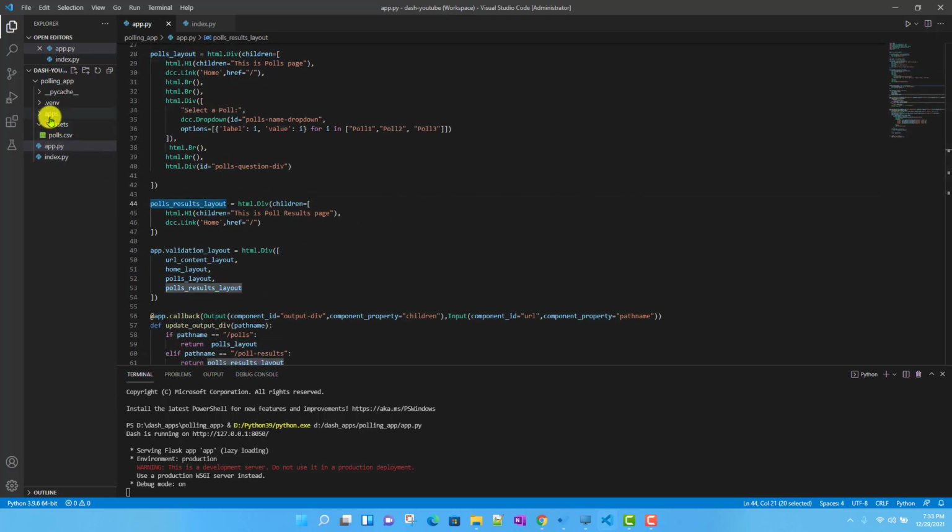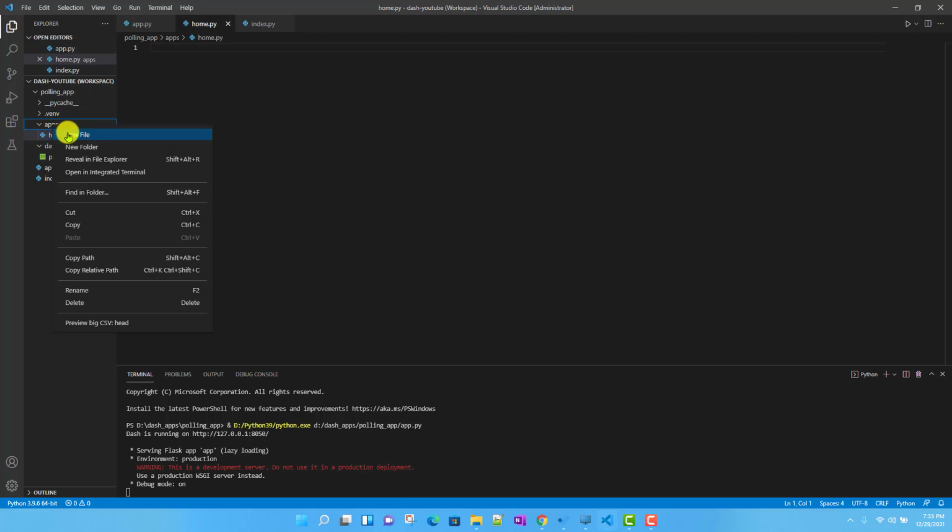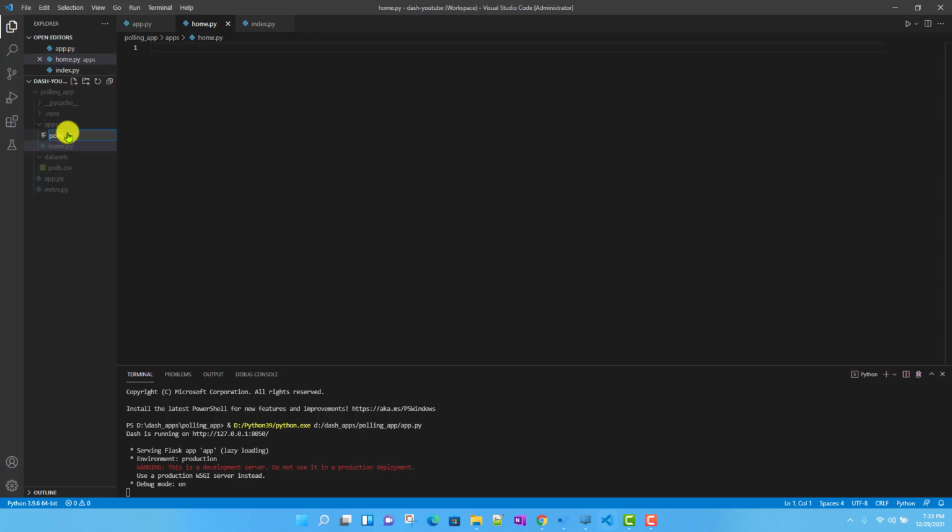So let us create three Python files: home.py, polls.py, and polls_results.py. I created three files because the current structure of my application has three pages: our home page, our polls page, and our polls result page.